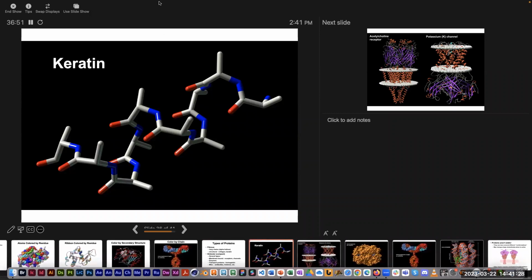Here's a picture of keratin. This is not an entire keratin molecule. This is just one small piece of it. And maybe a little hard to understand what you're looking at here. It's just a stick representation of the molecule, but